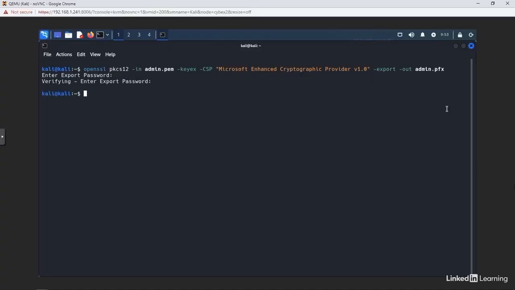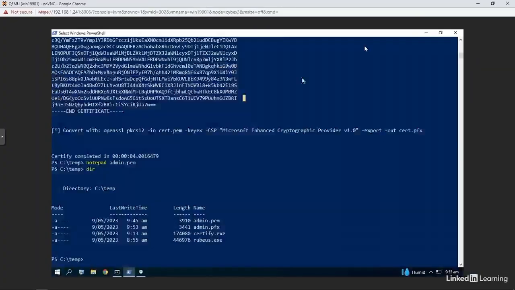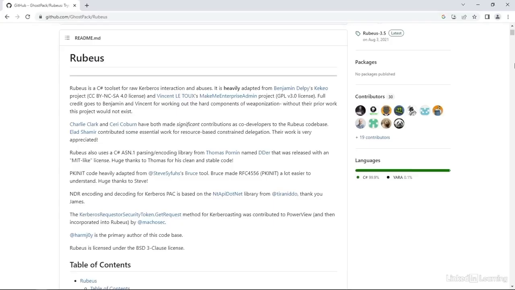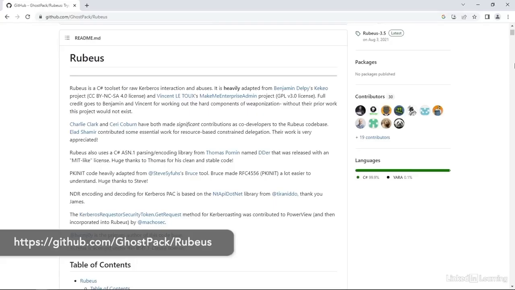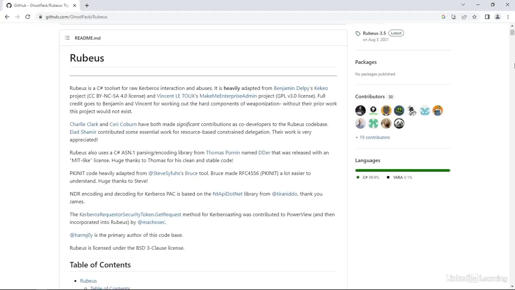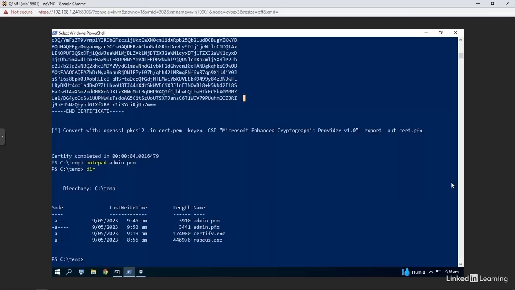Okay, let's take this PFX file back to our Windows workstation. And here we have the PFX format certificate on our Windows workstation. Now that we have a certificate, we can ask for a ticket, which will allow us to take action as the administrator. For this, we'll use a tool called Rubeus. Again, we have this already loaded in our Tools folder. Okay, so we'll run